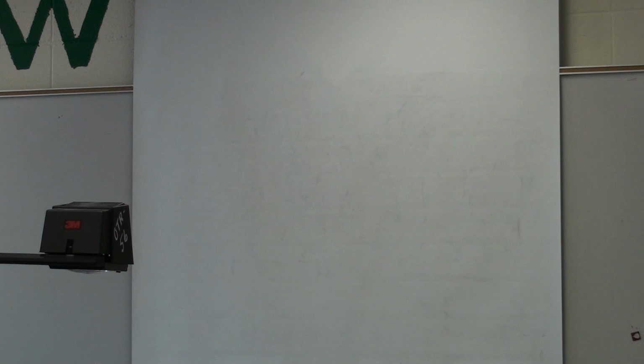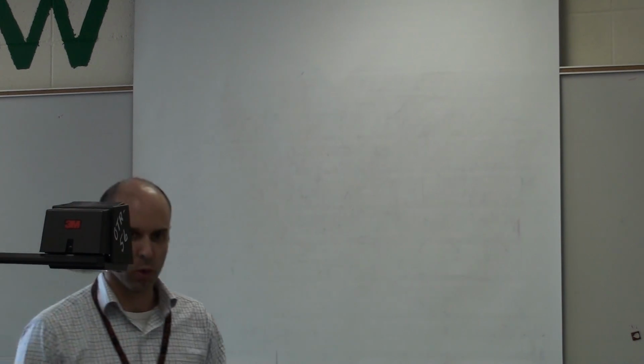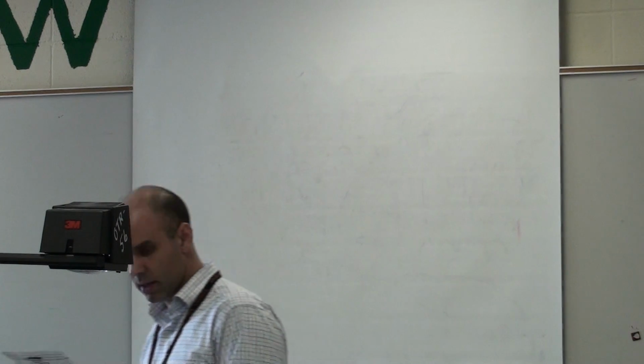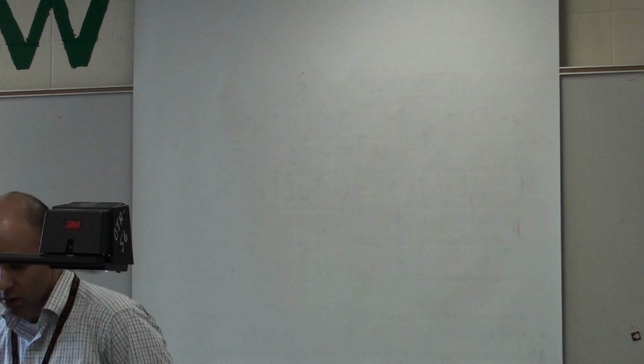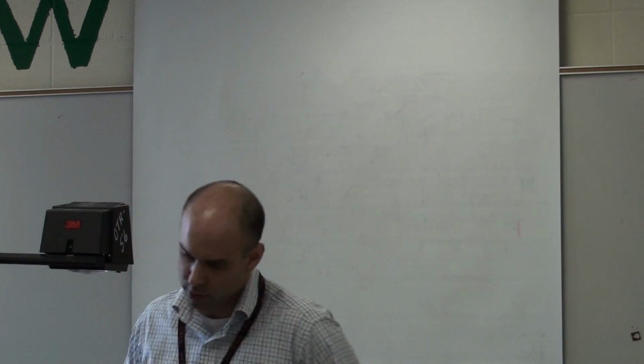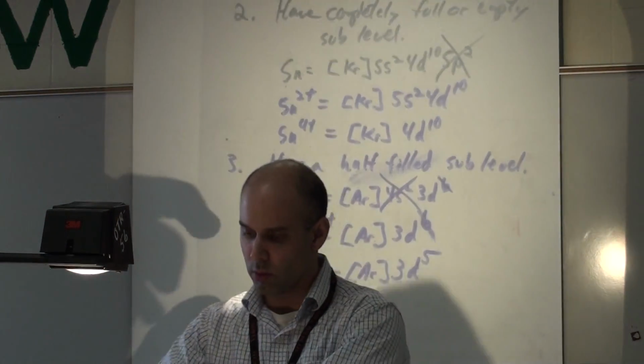Well, there is a slight difference between oxidation number and charge. But for our purposes in this class, when you see the word oxidation number, you can just replace it with charge. When you take AP chemistry, you will learn the difference between a charge and an oxidation number. But for the most part, they're very similar. And so number 6 does the same thing. It asks you to predict the most likely oxidation number, or the most likely charge, for those following things. So let's just do one example together